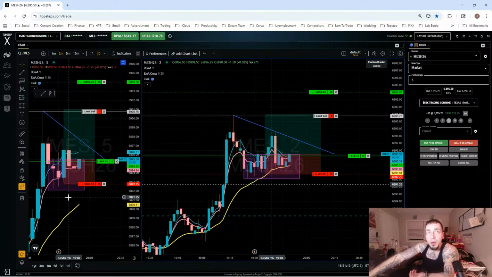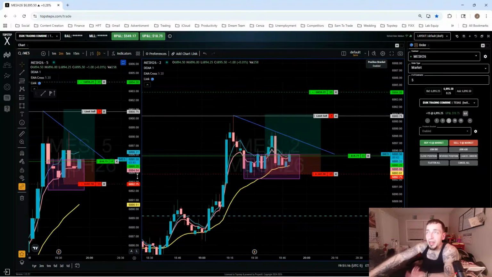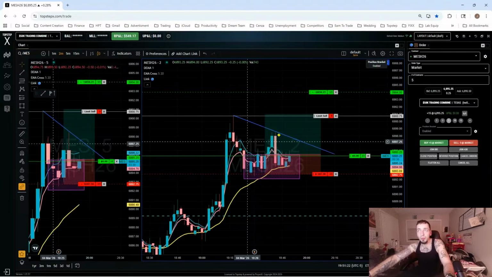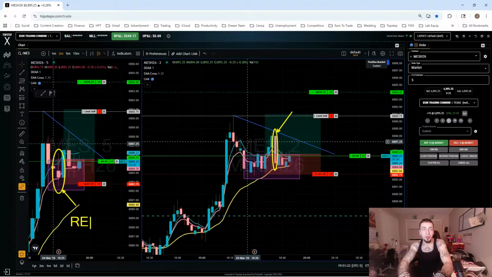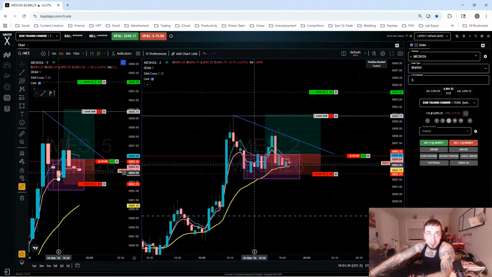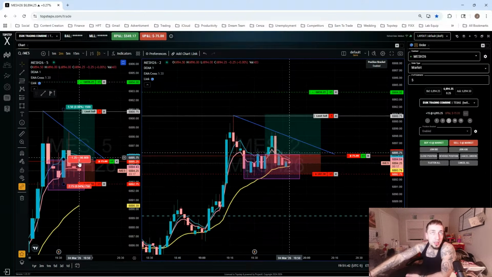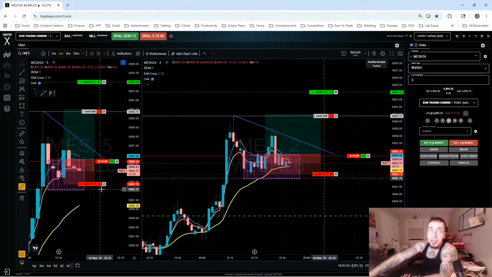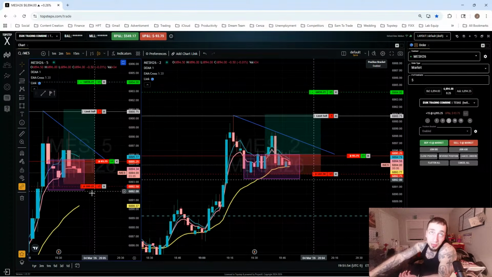Right? What I'm doing is I'm going, okay, buyers still got the ball. So I don't care. You guys think I care about this candle? No, I do not care about this candle. I care about this candle. This right here is the red bar ignored. So when we see this, what do we know? We know sellers took control of the market. Or I'm sorry, sellers tried and they got trapped. So this is how I can execute with buyers a little bit easier, and be able to clearly go, hey, until that RBI breaks, it's still pretty bullish.